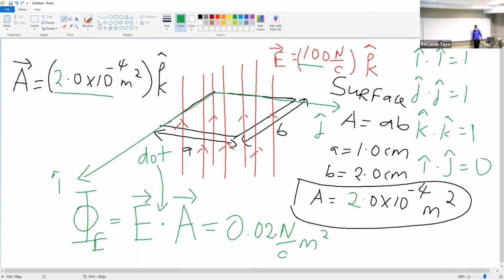Now, again, I want to explain the reason why I'm showing this example here. This is an example where you have a uniform